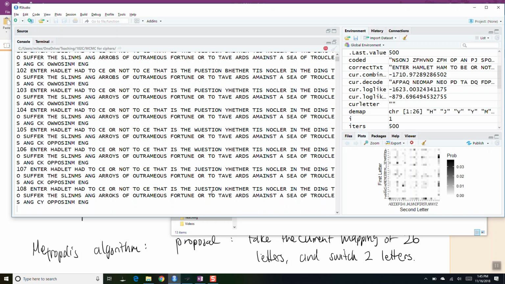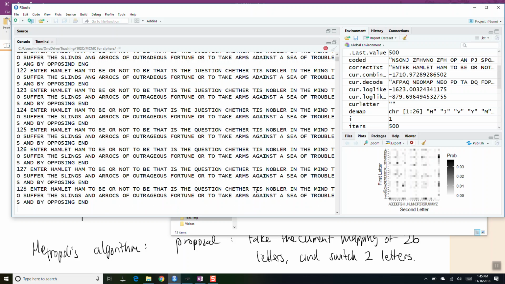That is the question. Keder tis knockler in the Ming to suffer the slins. But we're starting to get the, and look at this. We got it. Enter Hamlet, ham to be or not to be. That is, okay, we haven't gotten question, all right? Chether tis nobler in the Ming. But we are,